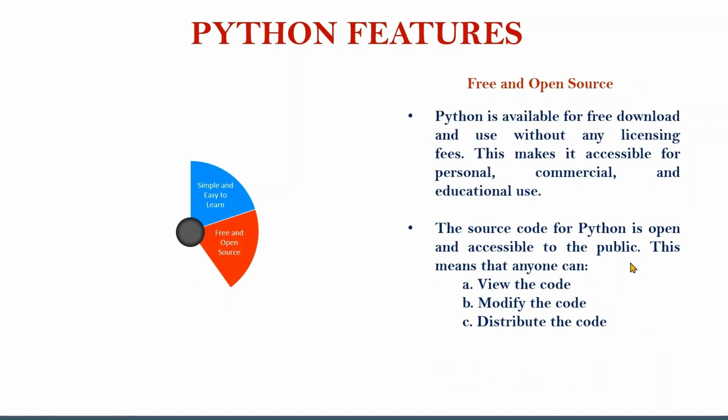Now coming to the next feature, Python is free, and it is also open source. You can see Python is available for free download, because you have a lot of tools or software for Python execution. Like you have the IDLE editor, integrated development environment. Then you have the Anaconda software, which has integrated tools like Jupyter Notebook. Then you have the Orange data visualization tool. Then you have RStudio. These are available for data analysis.